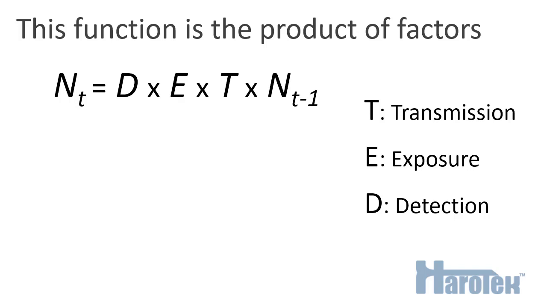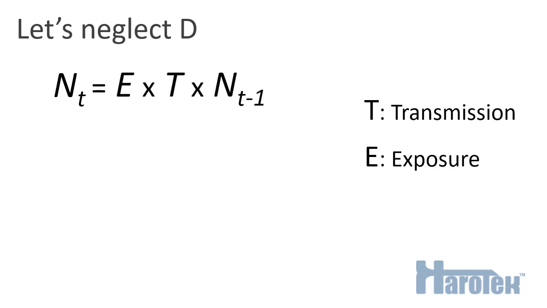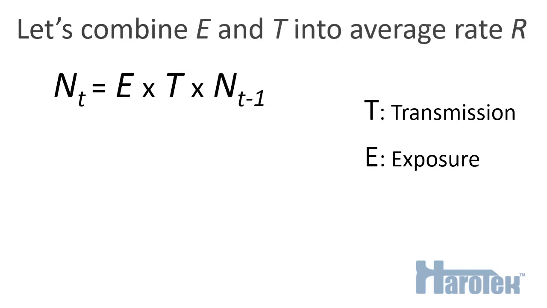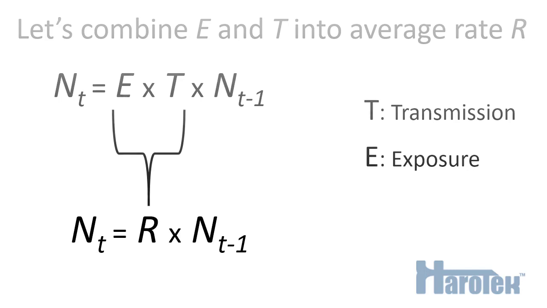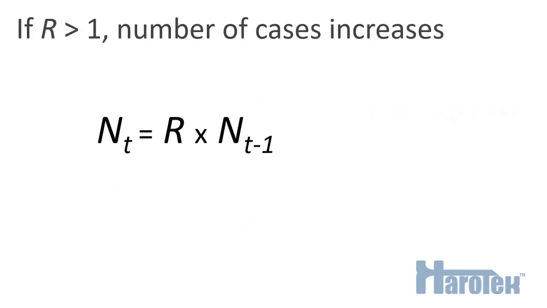This coefficient does not affect the actual number of infections. However, it affects the number that can be actually measured. I'm going to neglect this coefficient. Let's combine the coefficients e and t into a single coefficient r that we're going to call rate. If the rate r is larger than 1, it means that between time t minus 1 and t, the number